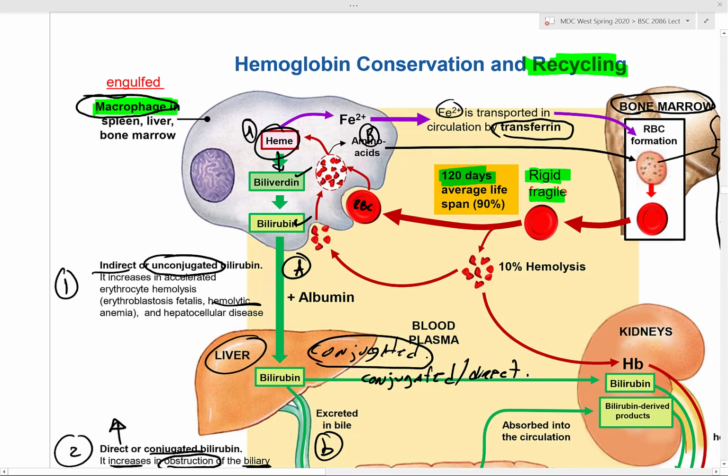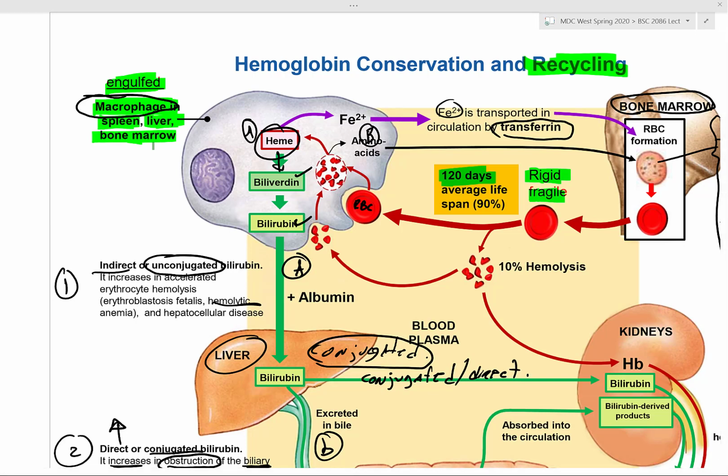Macrophages. Whenever a macrophage sees that there's a red blood cell stuck somewhere, again, do you want a stuck red blood cell in one of your tiny capillaries? If it gets stuck, that means it's the same thing as sickle, right? You increase the chances of getting what? Ischemia. Okay? So the macrophage is going to find it, engulf it, and eat it. Again, where do you find macrophages? Spleen, liver, and including even bone marrow, right? But mainly in the liver and the spleen.